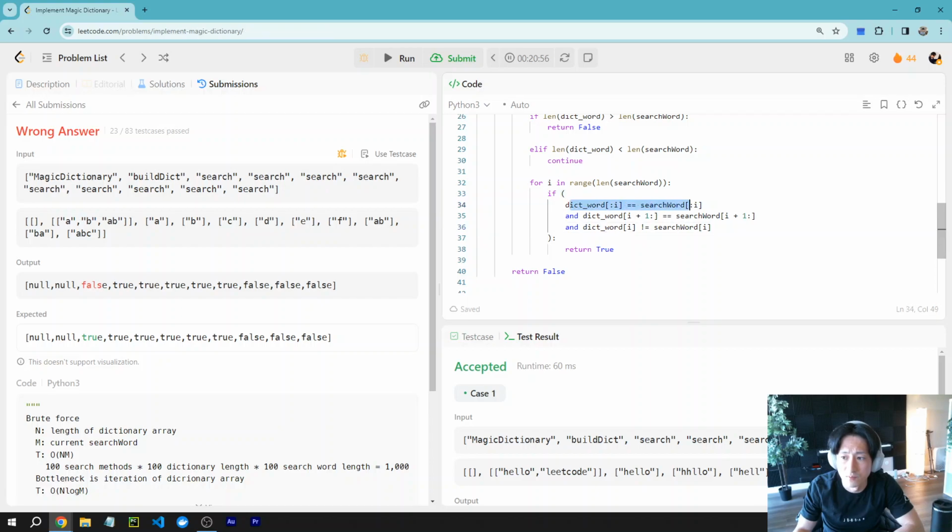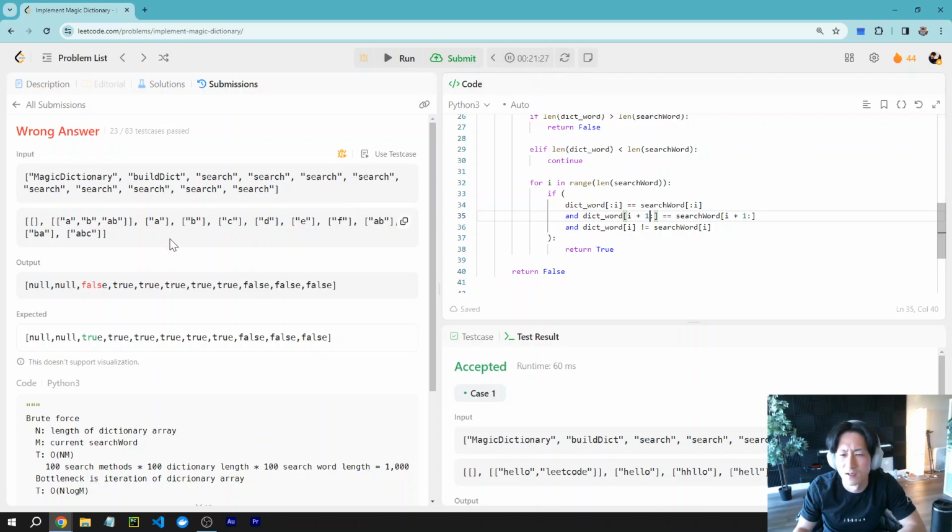So this is empty, and this is going to be, this is plus 2, right? Because no, this is 1. Okay, so